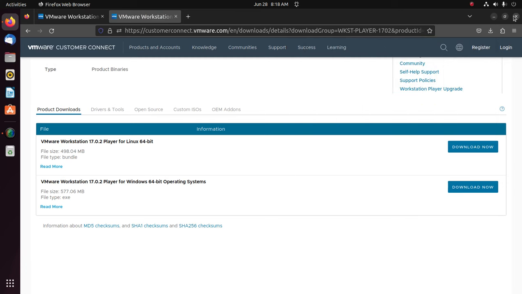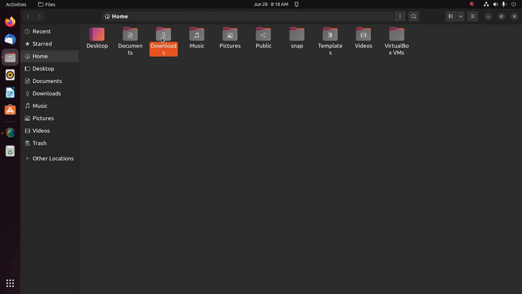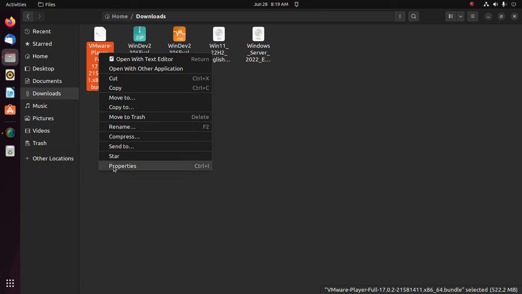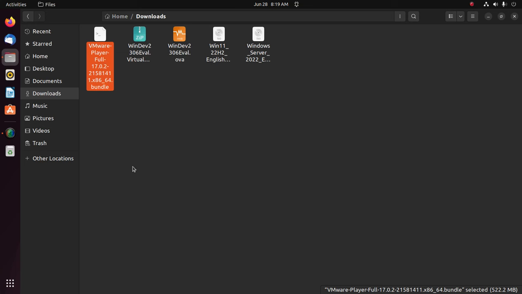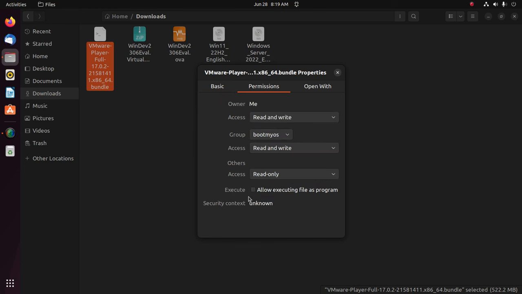After a successful download, navigate to the download folder and then give the execution permission to this file. So right click on this file, open properties and then click on the permissions tab. Now allow executing file as program, so mark this option. Okay,